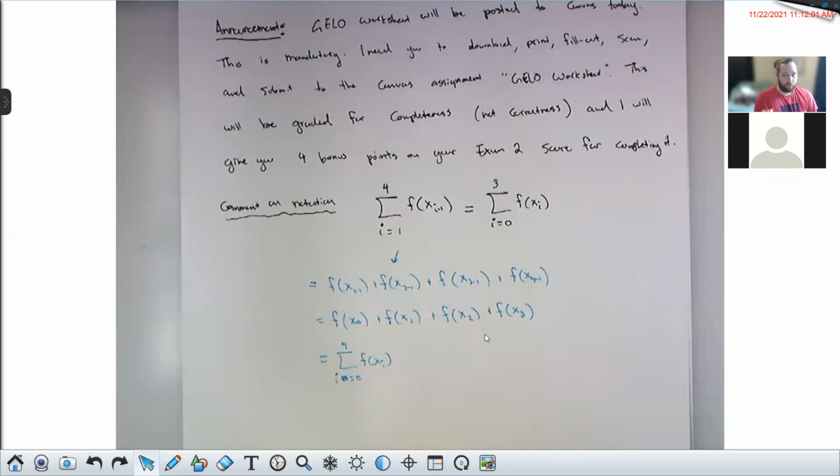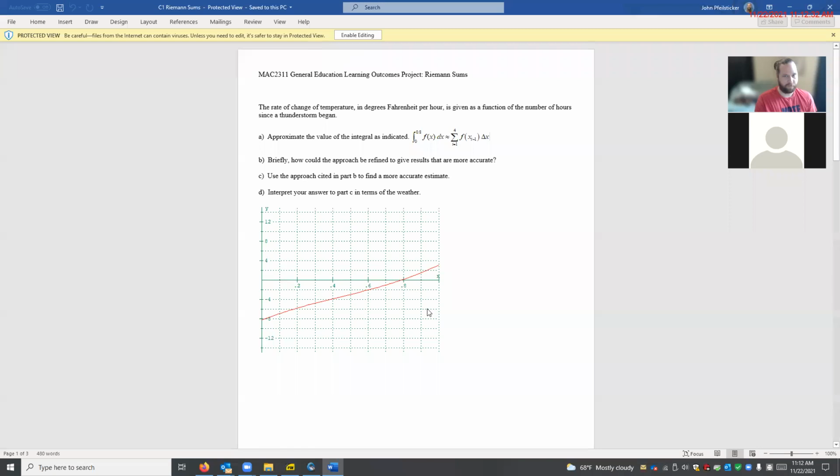The other sticking point here has to do with formatting. Because these are going to be passed around the department and graded by a bunch of different people, they all need to be formatted the same way, which means I can't have you writing it out on notebook paper and then scanning that. In other words, I actually need you to print the thing. I need you to actually print out the document, fill it out on that sheet, then scan and submit. If you want to fill it out electronically, if you have a tablet or an iPad, something like that, and you want to just draw on it digitally and then submit that, that's also fine. But I need it to be formatted exactly like the document I'm going to give you. So writing it out on notebook paper and then taking a picture of that won't work.